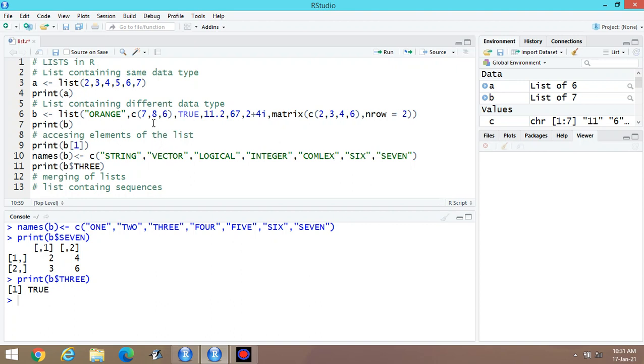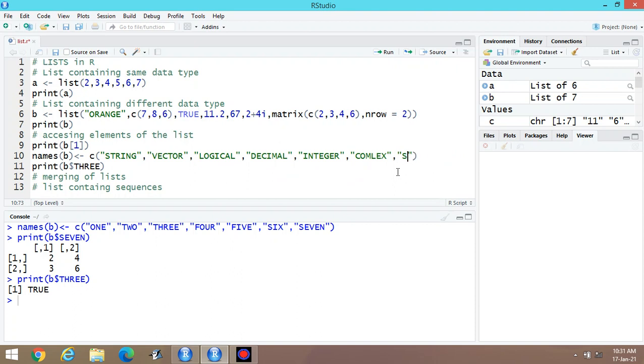First is string value, then vector, then logical, then decimal, then integer, complex. After complex, it's 1, 2, 3, 4, 5, 6, and the last value is matrix.